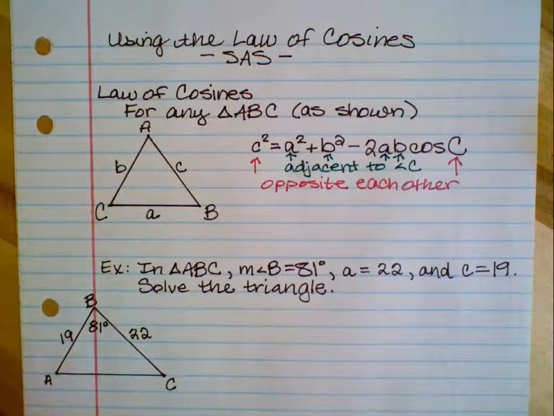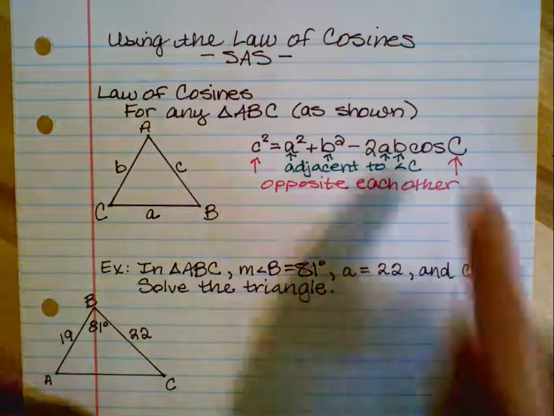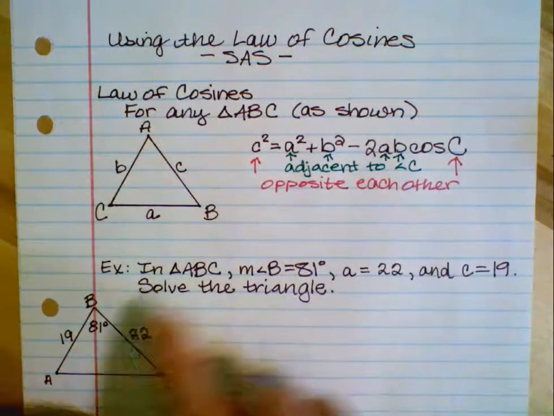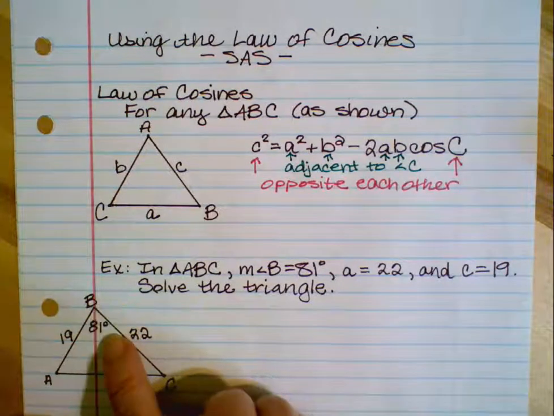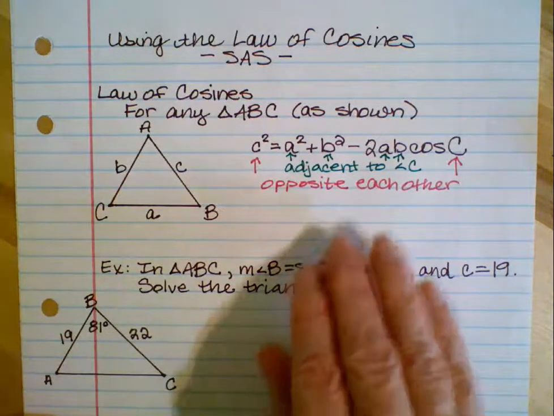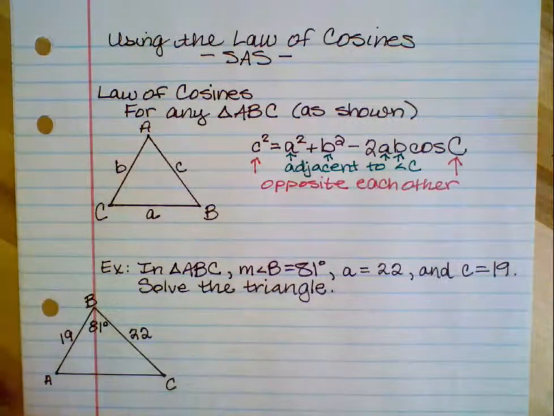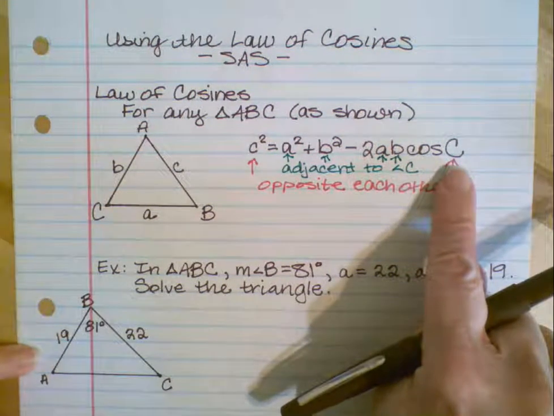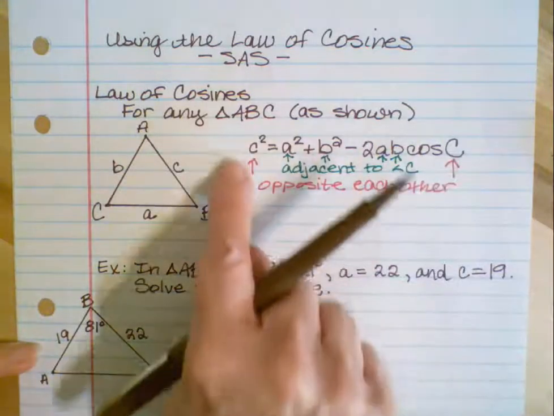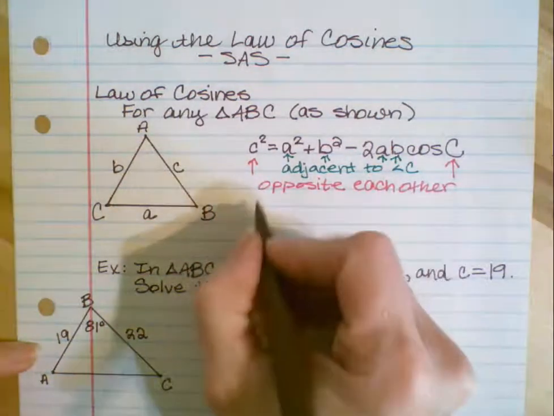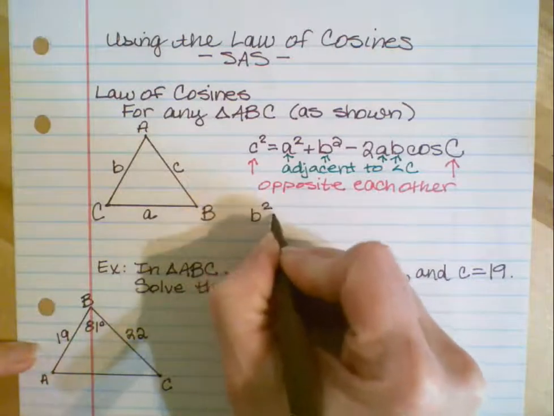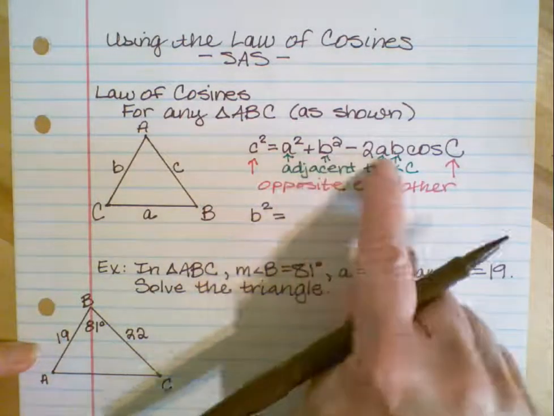Now, why is that important? Because you're not always going to be given angle C's measure. Like in the case of this example here, we can see that the measure of angle B is given, which means we need to be able to rearrange the portions of this formula to accommodate other angles besides C. So for example, let's say that I'm given, as I am here, the measure of angle B. Then if I'm going to have an angle B on this side of the equation, I have to have side B on this side. So this would become B squared equals,